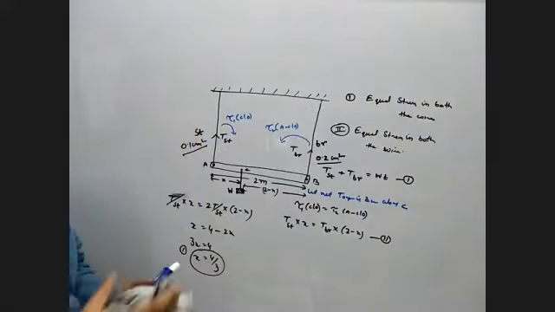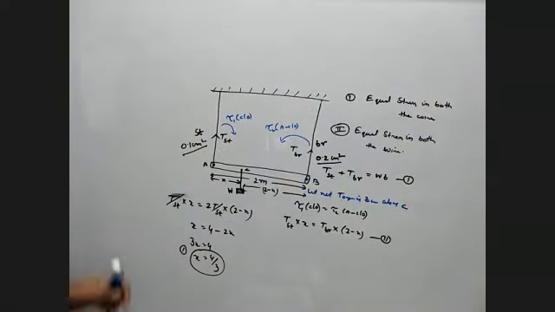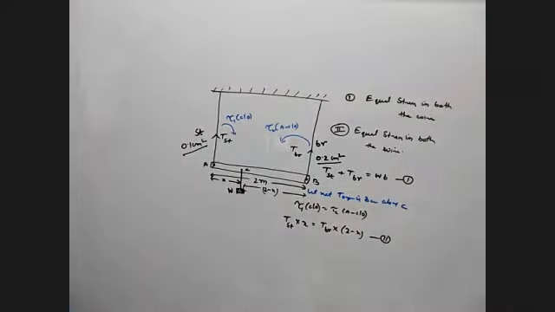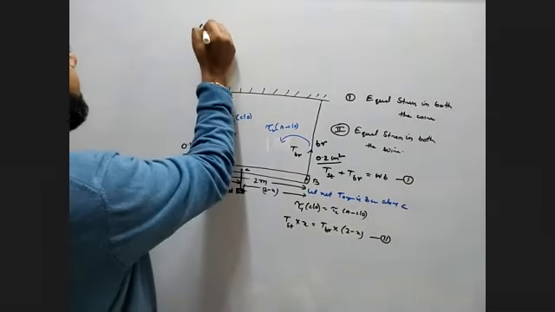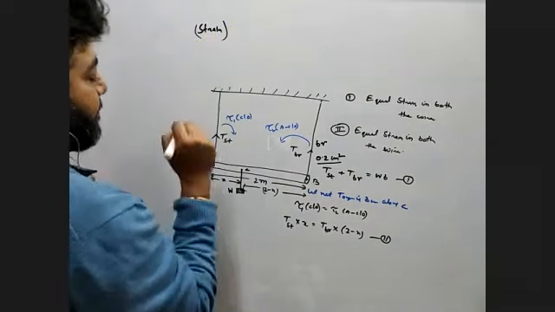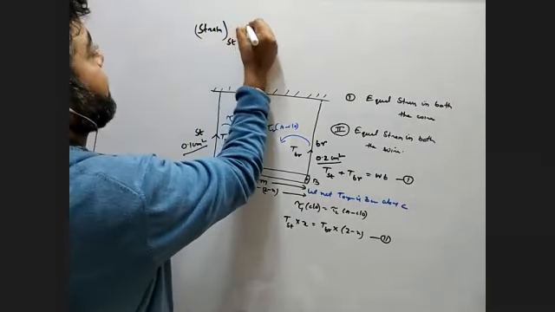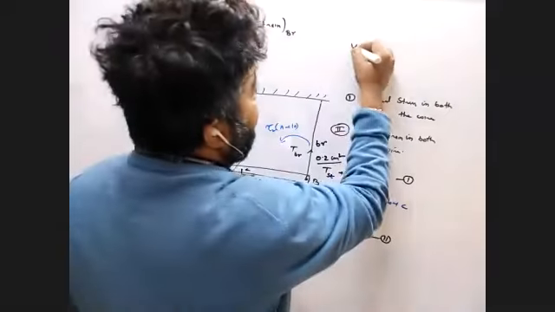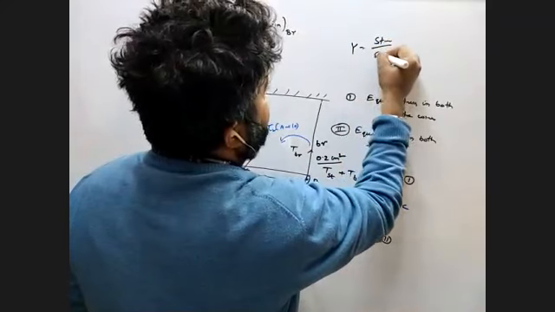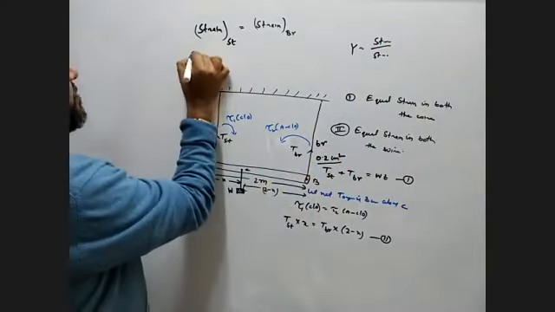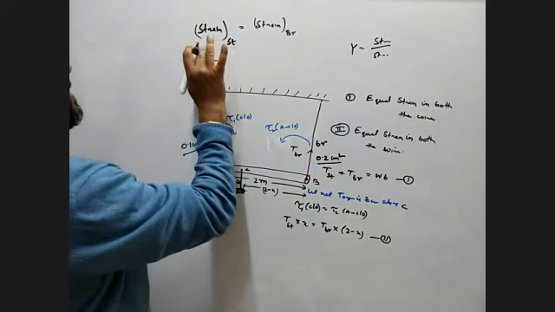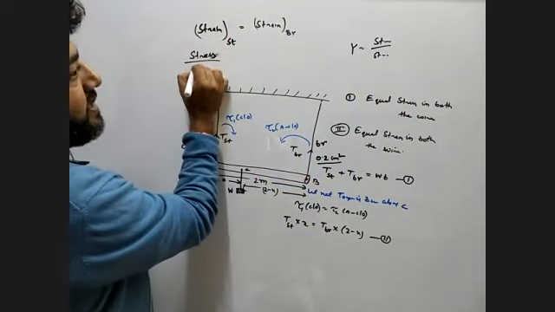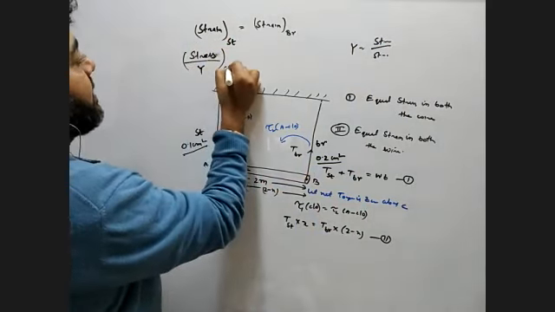Second part, they are given equal strain. So equation 1 and equation 2 are exactly same, but now the condition changes. What is the condition? Equal strain. So strain of steel is equals to strain of brass. Now we know Y equals to stress by strain. So what do you mean by strain? Stress by Young's modulus.